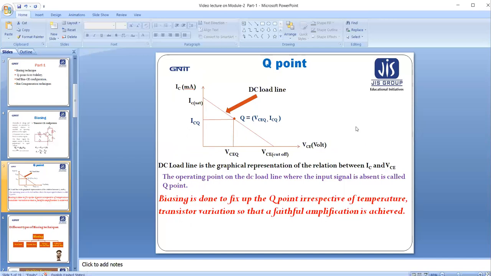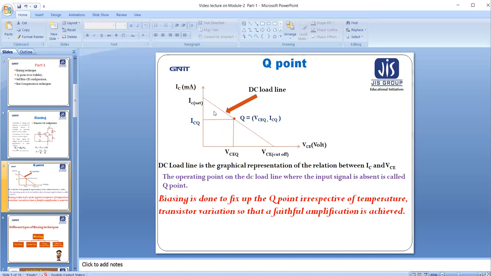So these are called the operating points, meaning at that point the transistor will act as an amplifier. And the operating point should be positioned in the middle of the straight line because faithful amplification will be